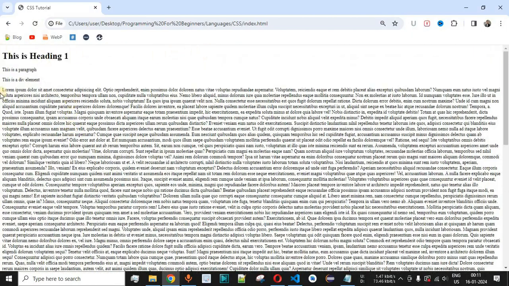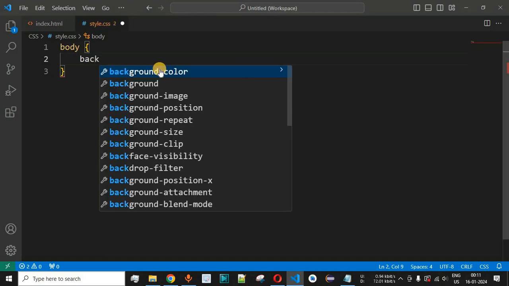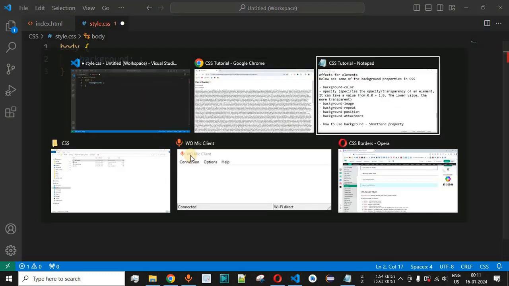So as you can see, we don't have any background property right now, and we simply have the normal text that we had defined inside the HTML page. So let's say we want to define certain background properties with the help of the shorthand method. So simply we provide the background CSS property, and first of all we can provide the color.